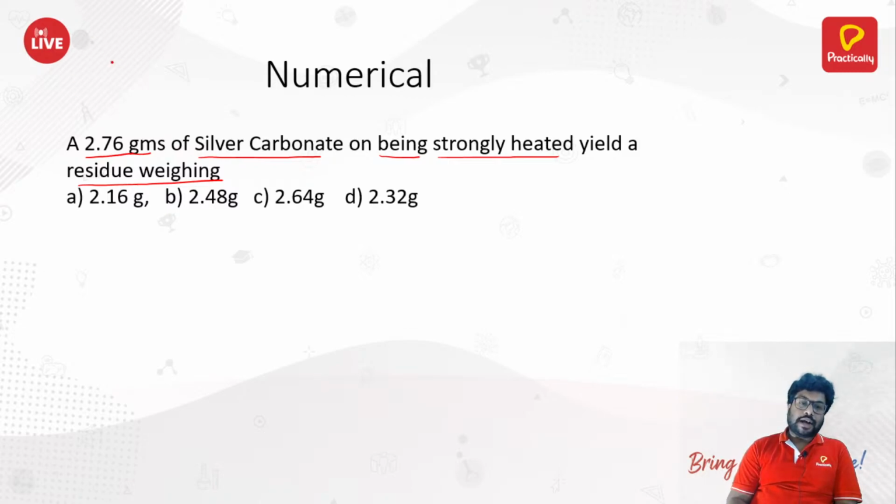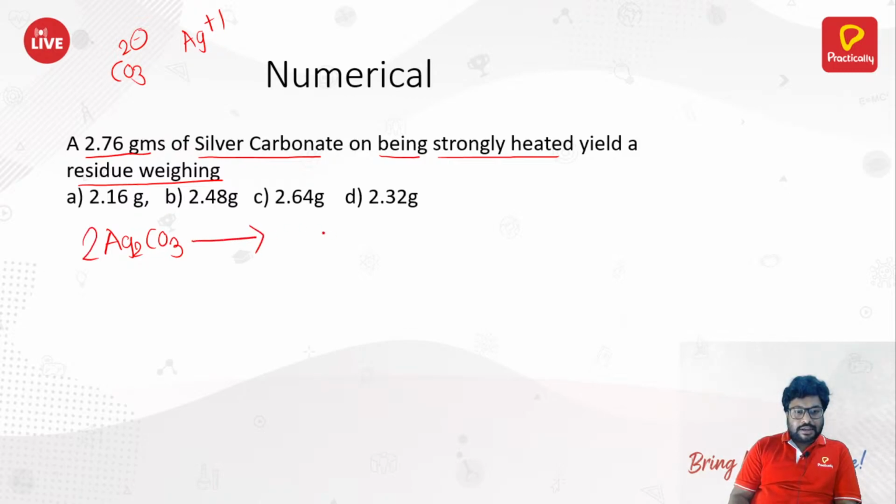Silver carbonate. Now carbonate has charge CO3 2 minus. Silver has charge Ag plus 1. That means each carbonate will require 2 silver. So Ag2CO3. But this doesn't balance it because you know that from Ag2CO3, silver will go out as a residue. But what about CO3? CO3 sounds something odd, no? So that is why we might need to take 2 moles of Ag2CO3, which gives me 4 moles of Ag,